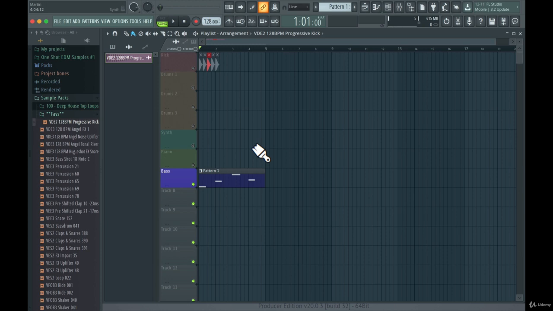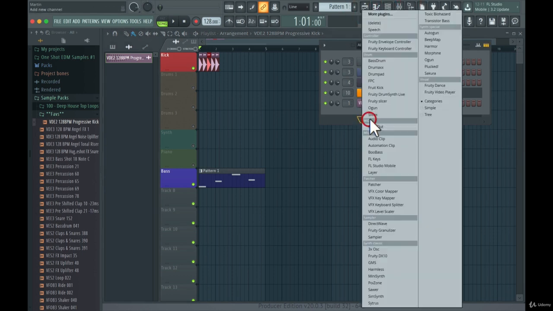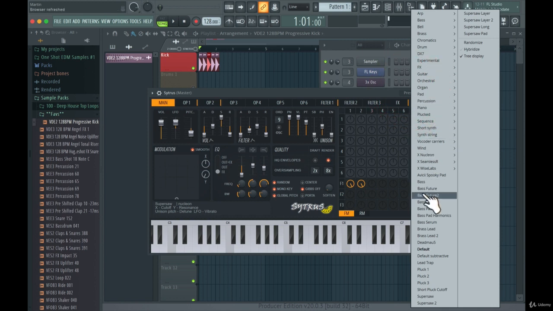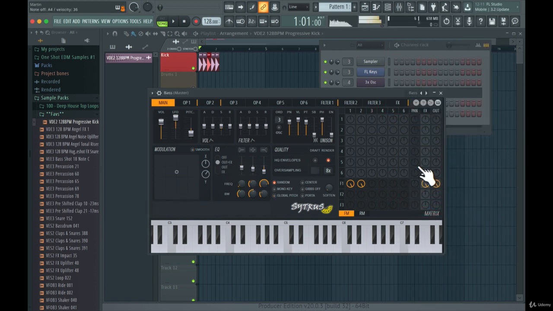So let's close the mixer, and now we have our sounds, we have a kick drum, and we have the bass. So the next sound that we're looking for is a bass sound again, but it's more like a bass synth, more of that than a bass pad that we had here. So let's go to the channel rack again. I'm going to hit up one more Citrus. Let's take a look at these different bass sounds that I have here.